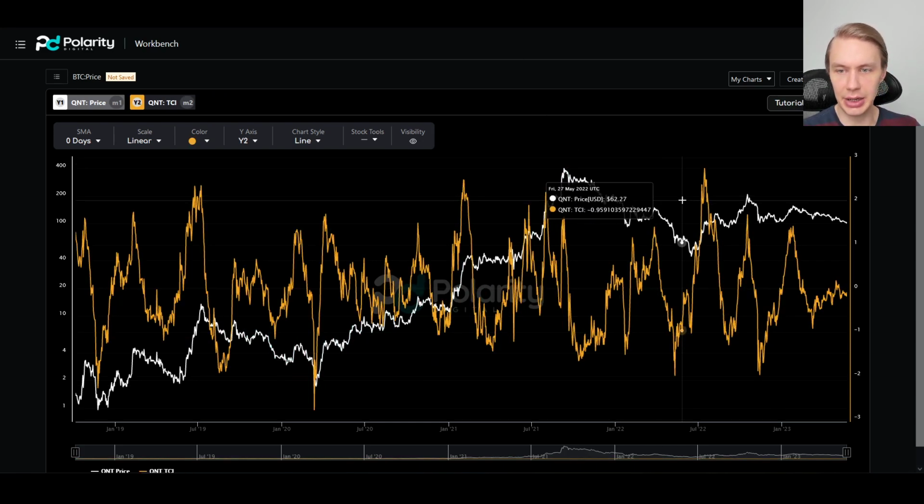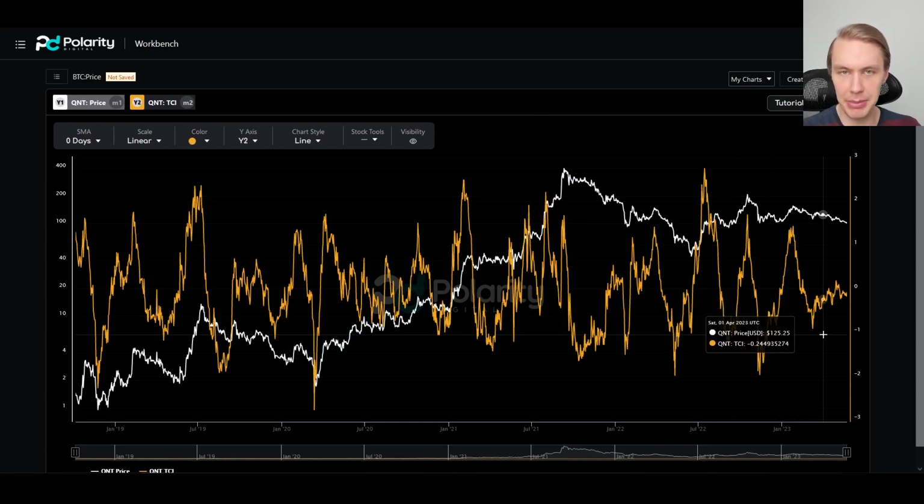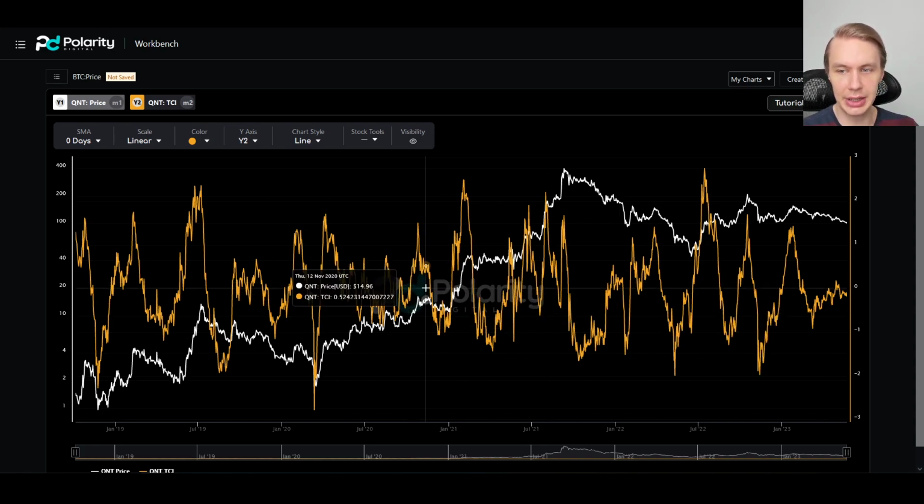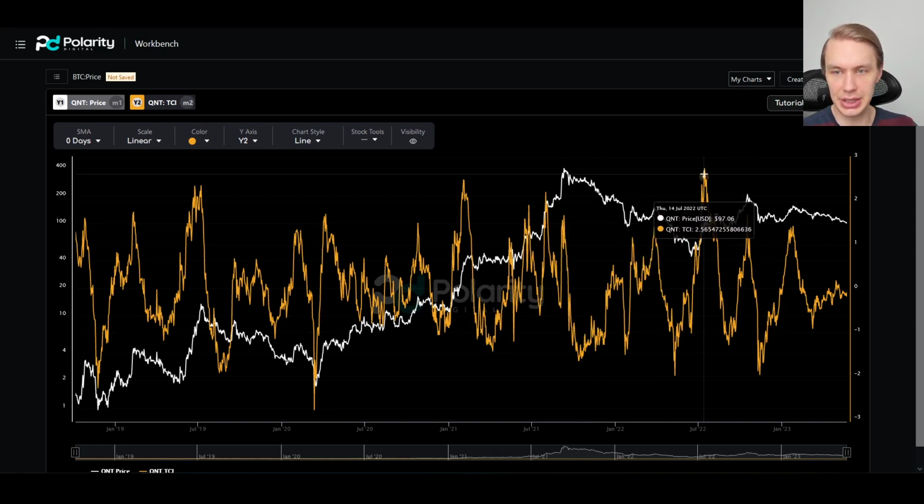So another thing I'm looking at also in the short term, just to think that maybe some at least short-term upside could be plausible, is our trend confidence indicator, TCI. If you're not familiar with this indicator, it's trying to quantify confidence in the given trend. So how confident should we be that we're in an uptrend or in a downtrend? And one of the things that this model can be really useful for is looking for divergences. If you're seeing price shooting to the upside, but then you start seeing the TCI trend downwards like we saw through here, that can be a warning sign suggesting that a correction is coming, and that's what we ended up seeing here.